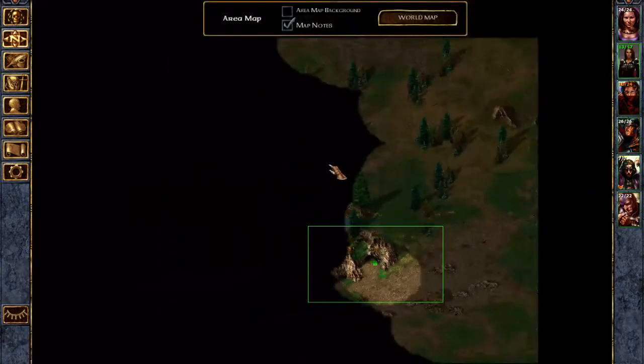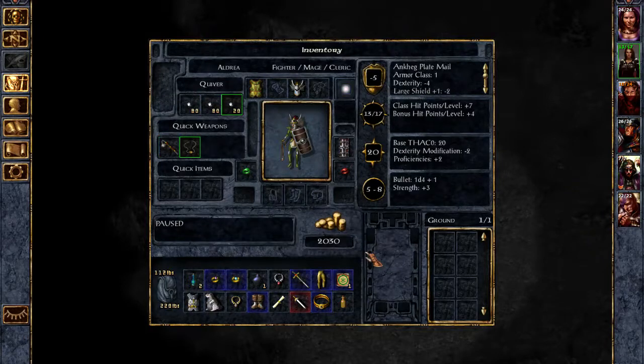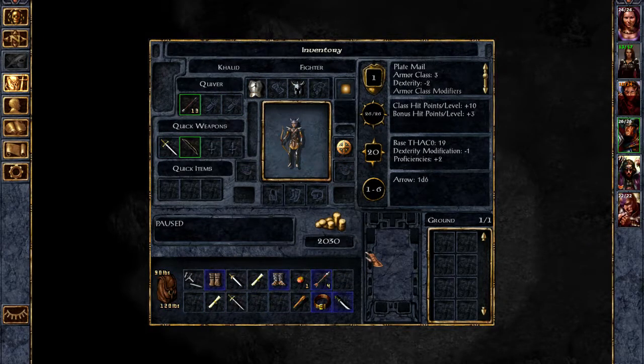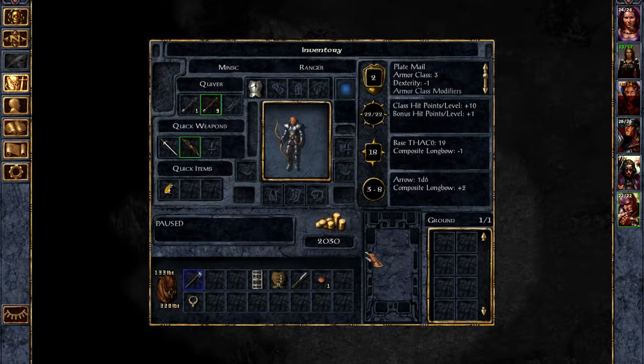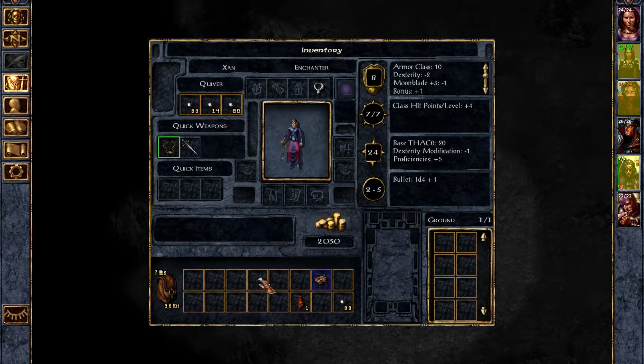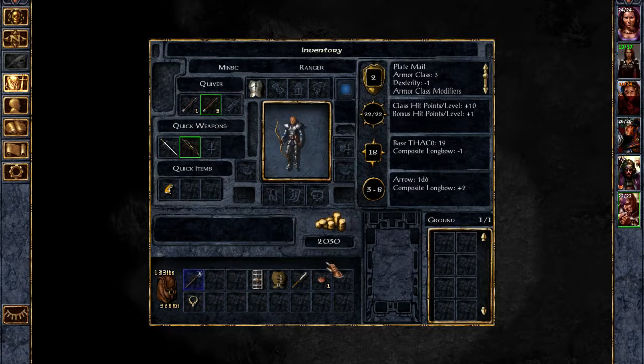Okay. So, how many arrows do we have left? We have 4 arrows on Imwin, 13 on him and 10 on him. So we have basically no arrows left. This is very quickly going to be a bolt game